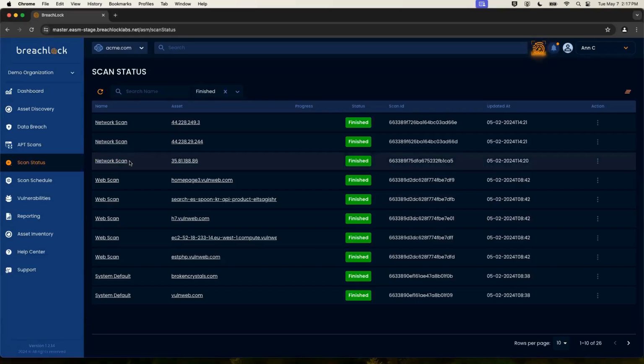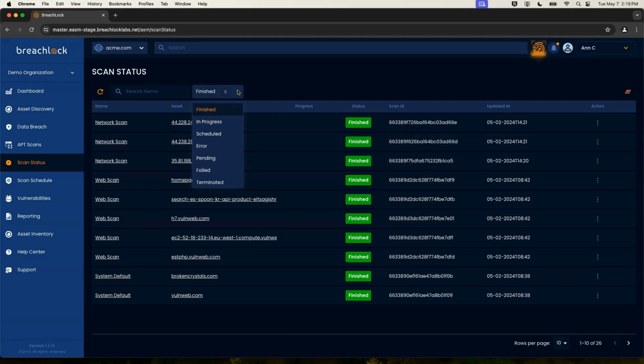With Scan Status, users will be able to view the scan, asset details, and status for a scheduled or on-demand scan. It can be domain discovery and data breach scans on a domain, a web scan on a subdomain, and/or a network scan on an IP address. Users will see the scan details for automated rescan or vulnerabilities. Above is a drop-down menu